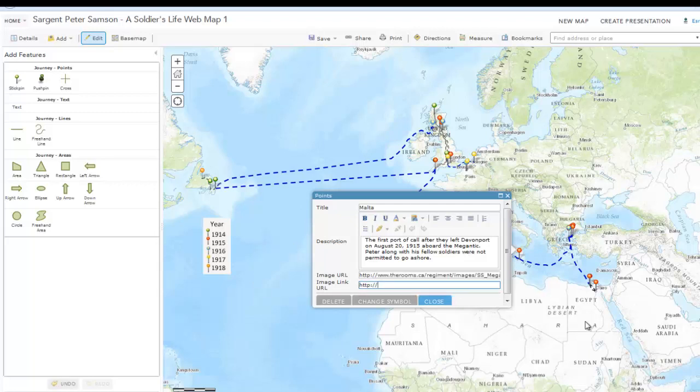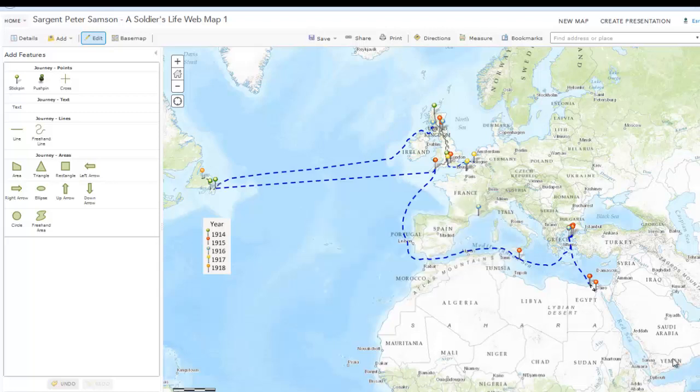Once you have your image URL, go back to your web map and add the image URL in the image URL space. To hyperlink your image back to its source, add the website URL to the image link URL space and click Close. If you'd like to change the way your features are displayed, you can click on the feature